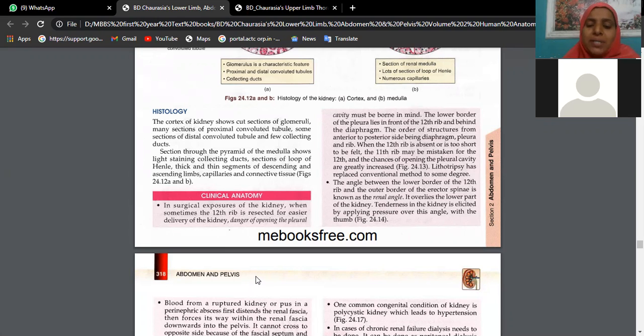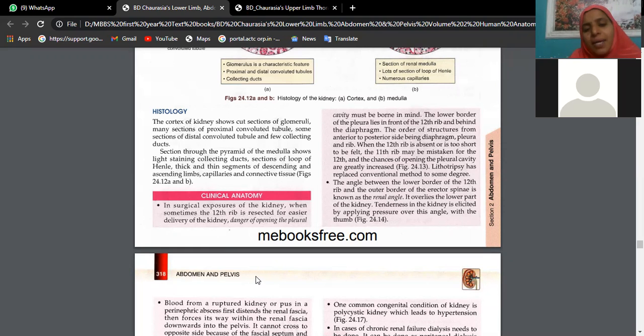The ureteric bud branches into many divisions which form the calyces, that means the collecting system. From the metanephros, the parenchyma of the kidney is developed. That means the kidney has dual development: from the cloaca, that is endoderm, the ureteric bud; from the metanephros, that is mesoderm, the rest of the kidney is developed.